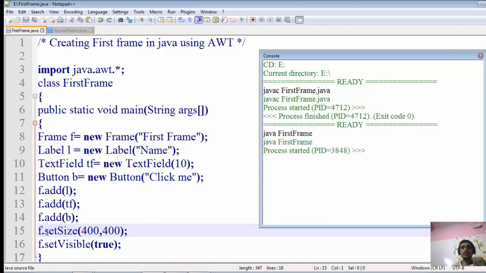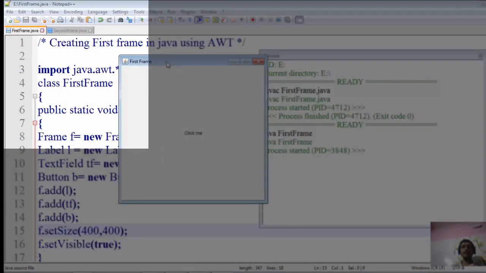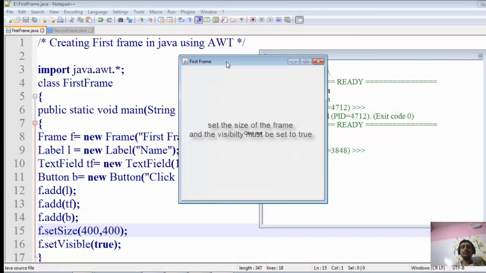Now we'll just see. So here now you can see the frame is now visible, as well as it has certain dimensions. So the dimensions, this width and the height of the frame, is now visible to you. Initially when we executed this, the size of the frame is too small, it is not visible to us.